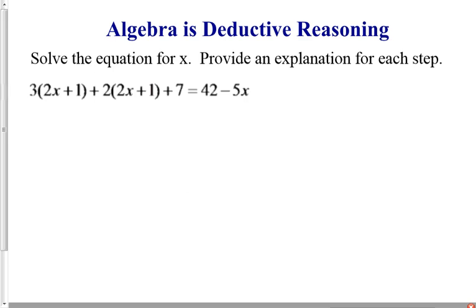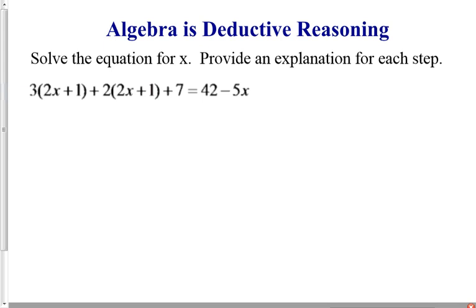So one area of mathematics where we apply deductive reasoning is algebra, right? Algebra is deductive reasoning because everything we do in algebra, every step in solving an equation, is based on the facts of algebra. You are allowed to do some things, and you are not allowed to do other things. So here's an equation, and we're going to solve it for x, right? So this is very much like an Algebra 1 or maybe Algebra 2 problem. But what we're going to do is provide the explanation for why we're able to do each